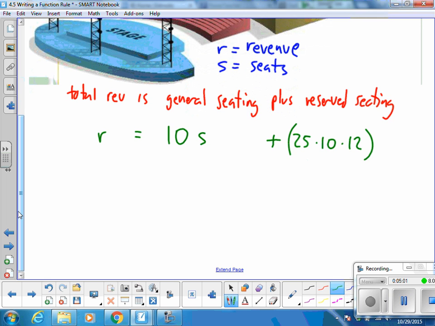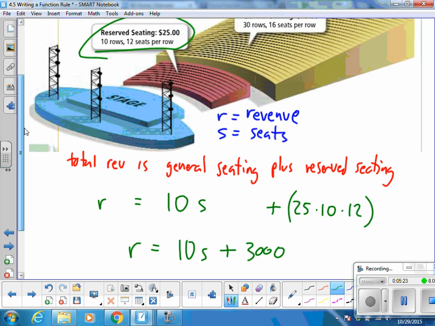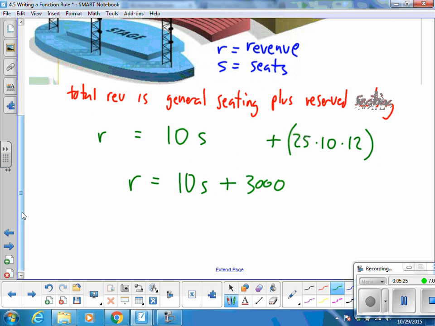I can simplify this a little bit. So my total revenue is going to be however many seats I sell in general seating plus my 25 times 10 times 12, which is like $3,000. And if I look at the actual general seating itself, if I do play that out,